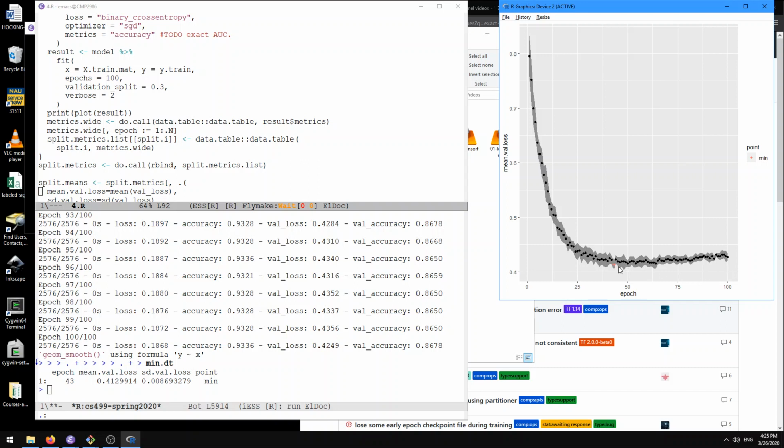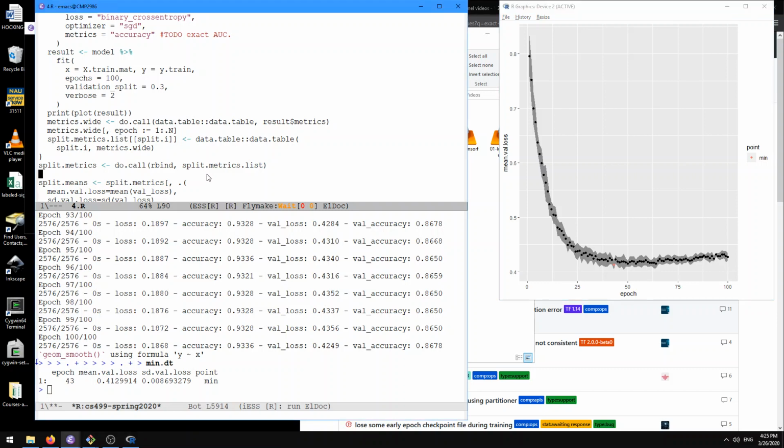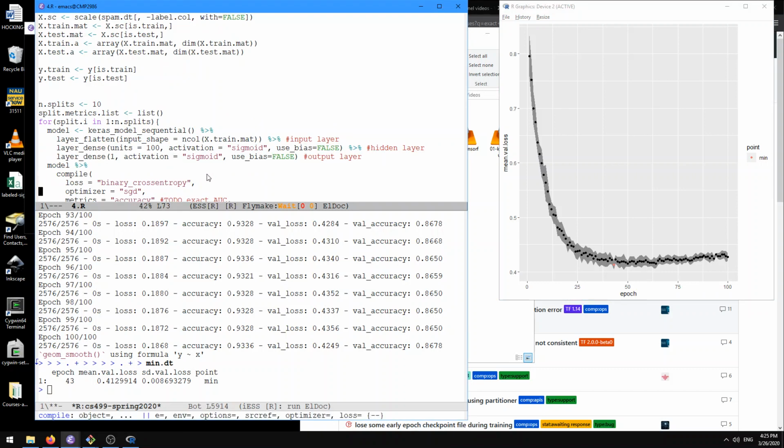Here it's the average over 10 splits into 70% train and 30% validation. The best number of epochs on average was this epoch number 43. And so that says that we should use 43 epochs if we want to have good prediction error on our test data. And so going back to our code here, we have